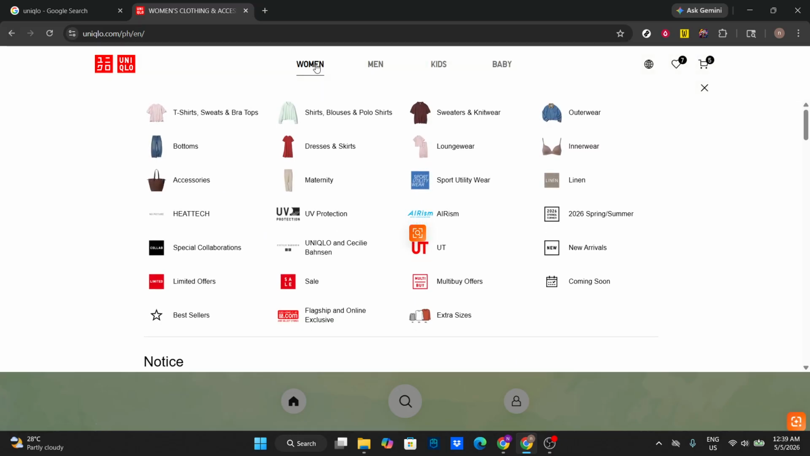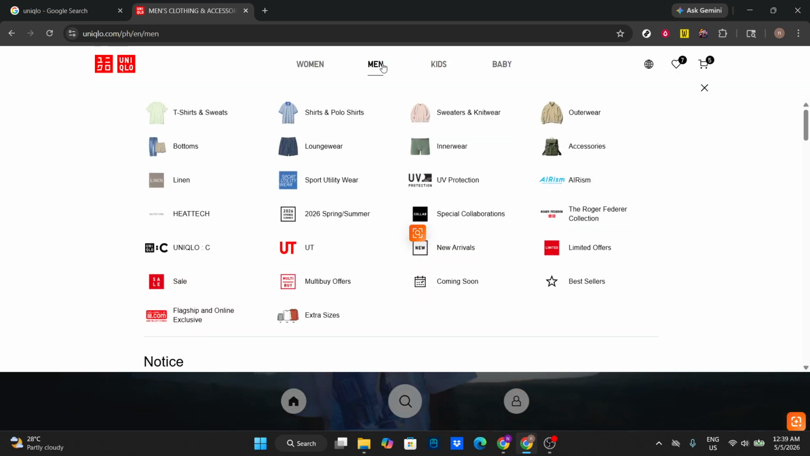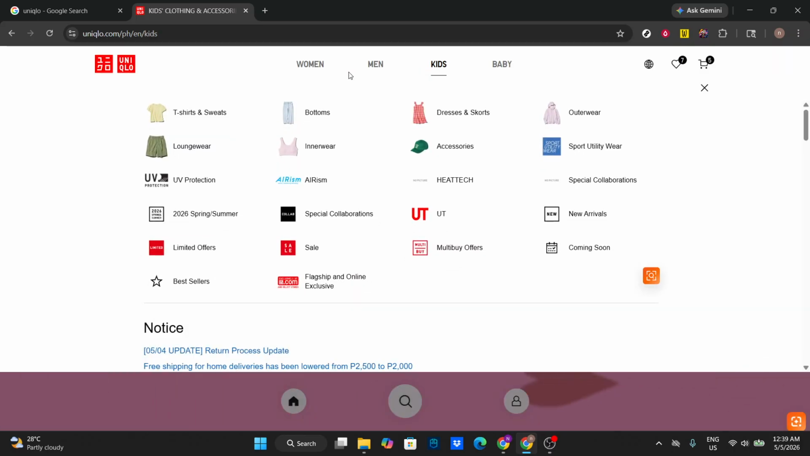From the homepage, focus on the main navigation bar at the top. You'll typically see sections like women, men, kids, and baby, along with seasonal features. This is your starting point. Move your cursor over one of these sections rather than clicking right away. When you hover, a large drop-down, sometimes called a mega menu, should appear with curated collections, new arrivals, and key